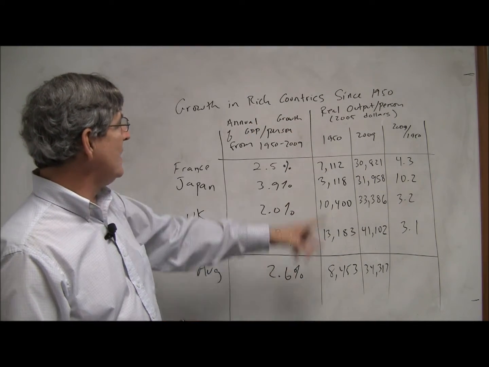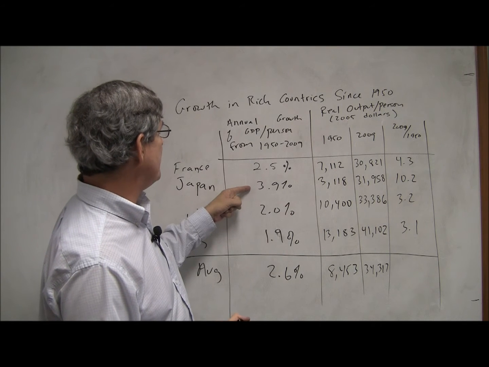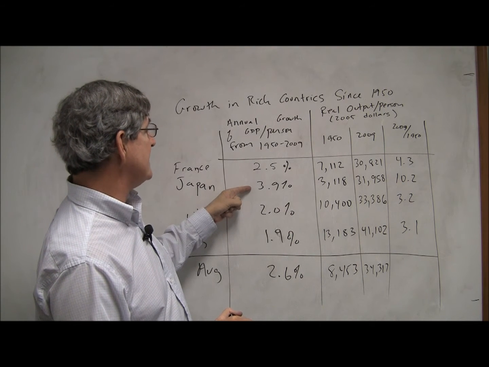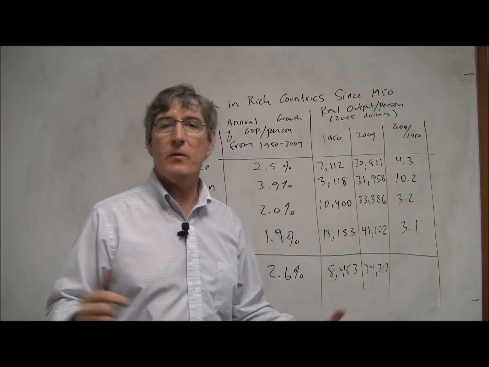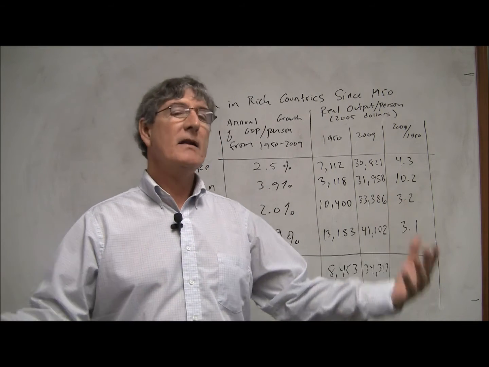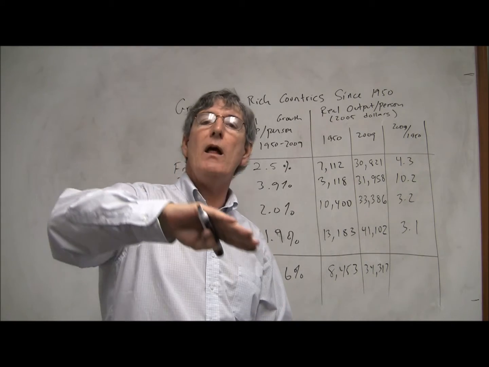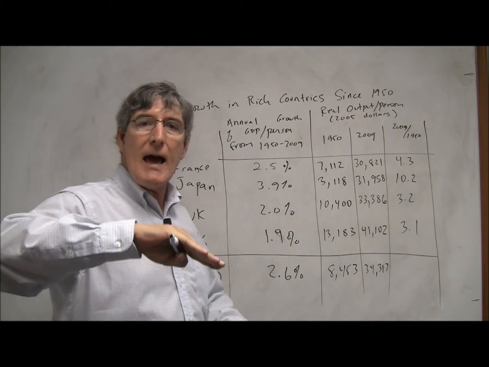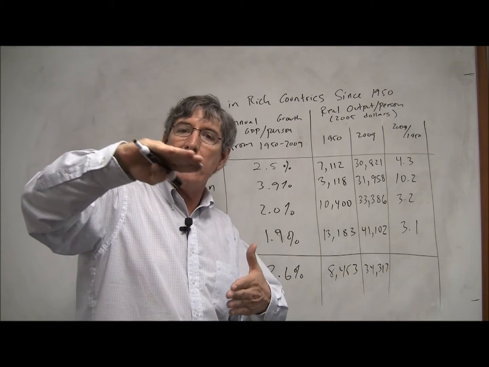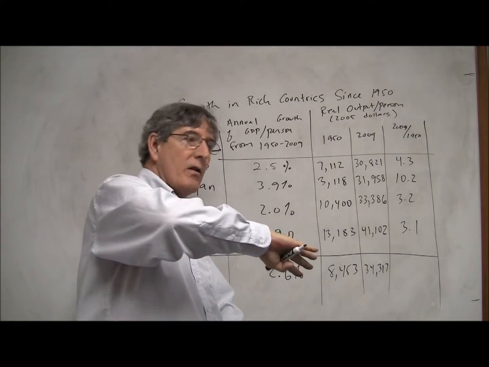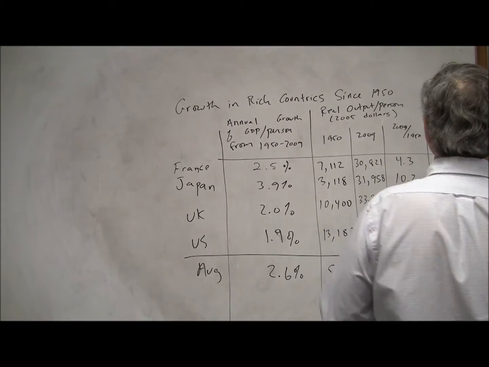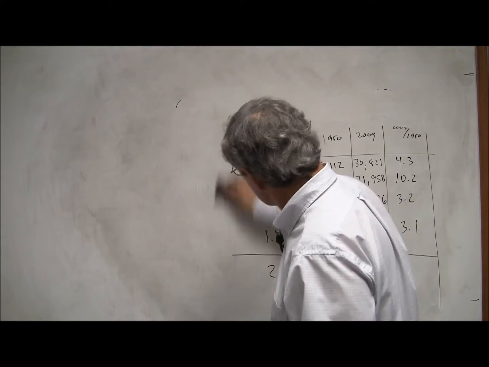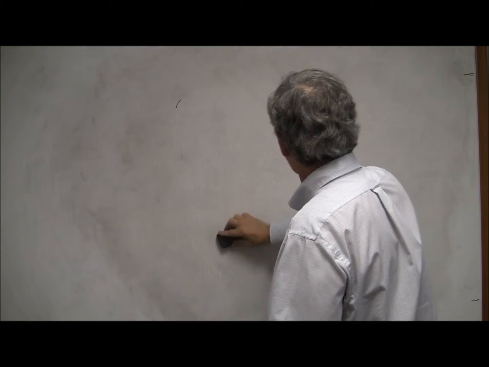We start very unequal, but those countries that are the most behind tend to grow the fastest. So if you look at these growth rates, the further behind they were, the faster they grew. That's the China story too. They started out way behind, they're going really fast, and then what happens is as you grow and get bigger and bigger and bigger, your growth rate tends to level off. And over the long run, there seems to be convergence across countries. And so those are 2 of the facts that we'd really want to be able to explain with any growth model.